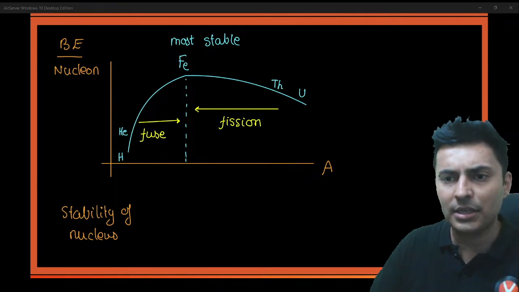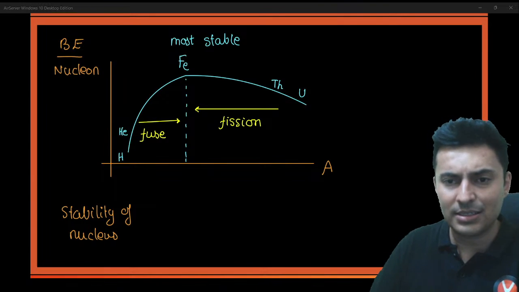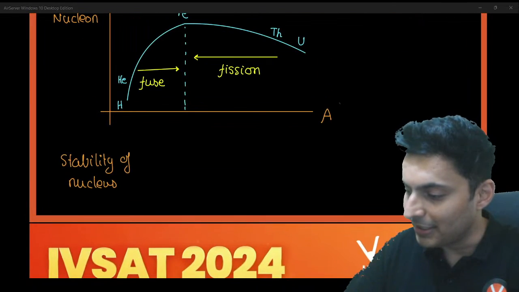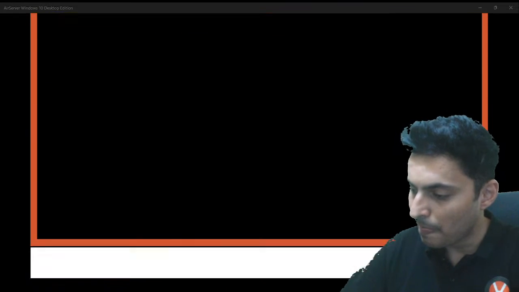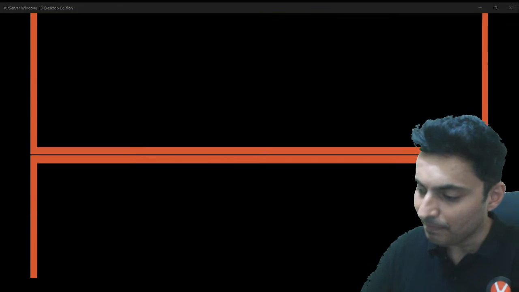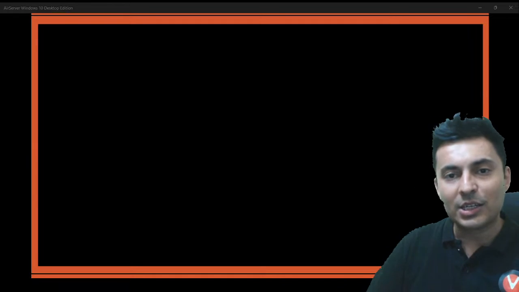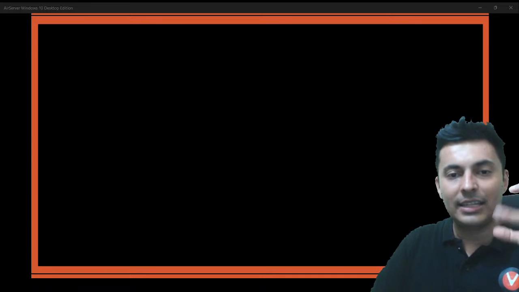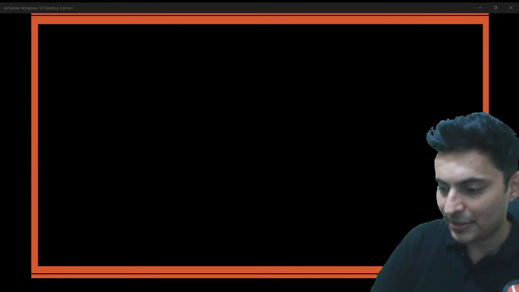Next important graph is now with regards to semiconductors. Let's go to semiconductors, all the important graphs. What are the different graphs in semiconductors? We are doing modern physics now. Okay. In semiconductors, one of the major important graphs that you must know is the energy levels, the energy gaps for semiconductors, insulators, and conductors.